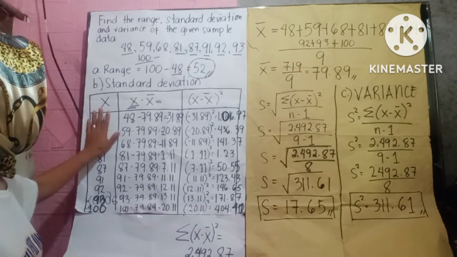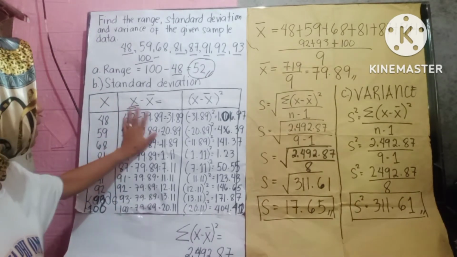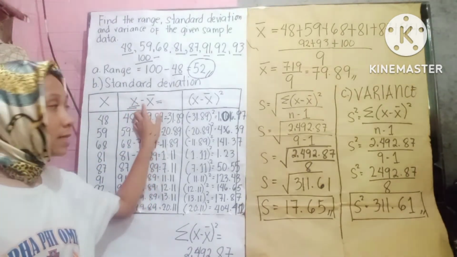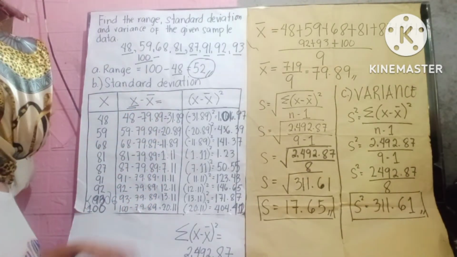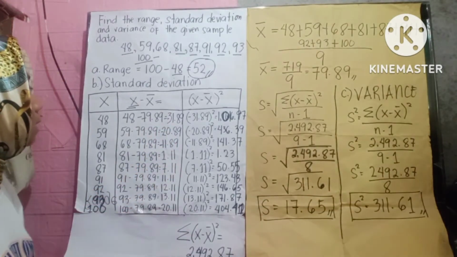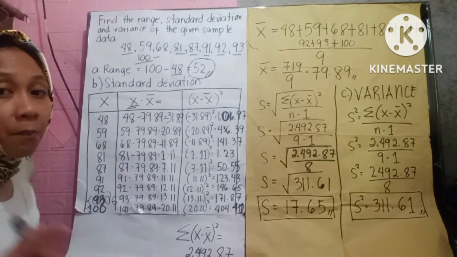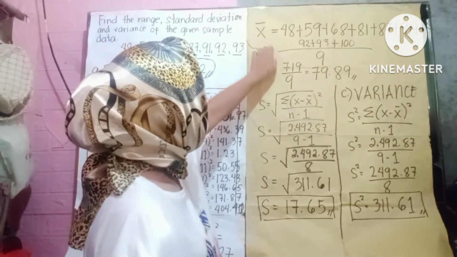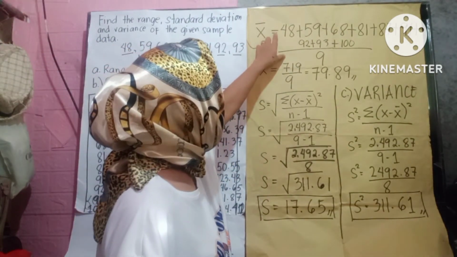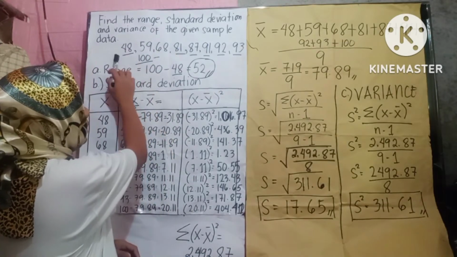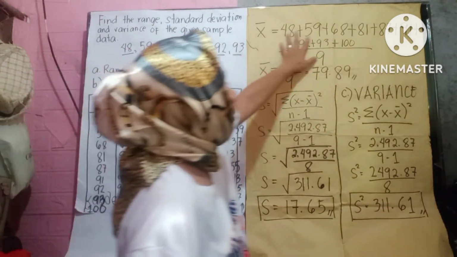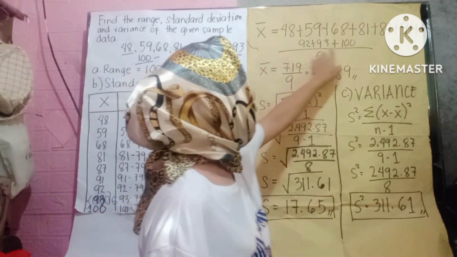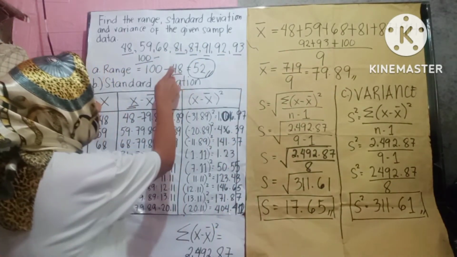So, nakuha na natin yung first column. So, the second column ngayon is yung numerical data minus sa sample mean. Paano makuha yung sample mean? Sa sample mean, yun yung first step. Para makuha natin yung sample mean, which is equals to kung ilan yung given sample data, i-add natin lahat yung mga sample data divided by kung ilan yung sample data na